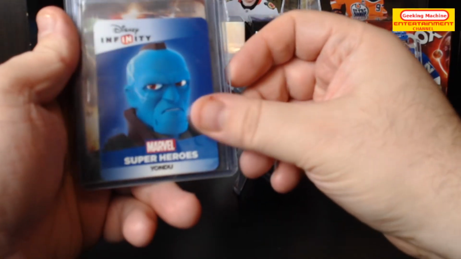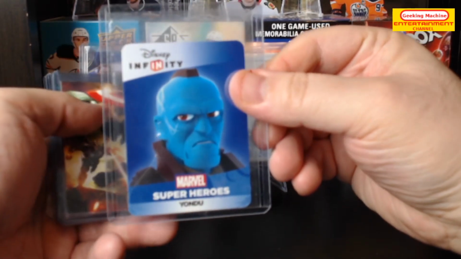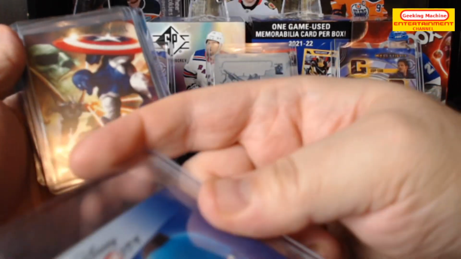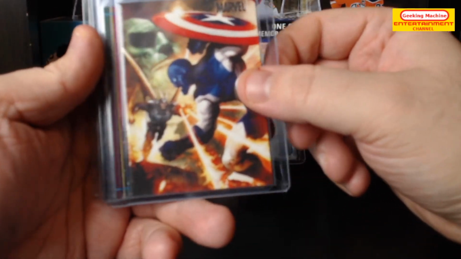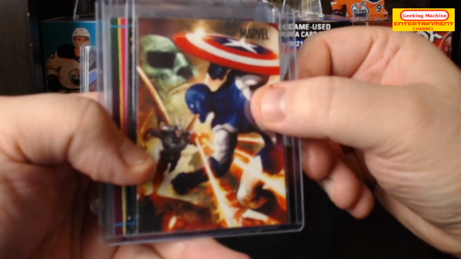And next we have a Disney Infinity Yondu card. So I guess that was when I bought the figure, the Yondu figure. I got that. This is just a plain card. We've got Starhawk and Vance Astro,